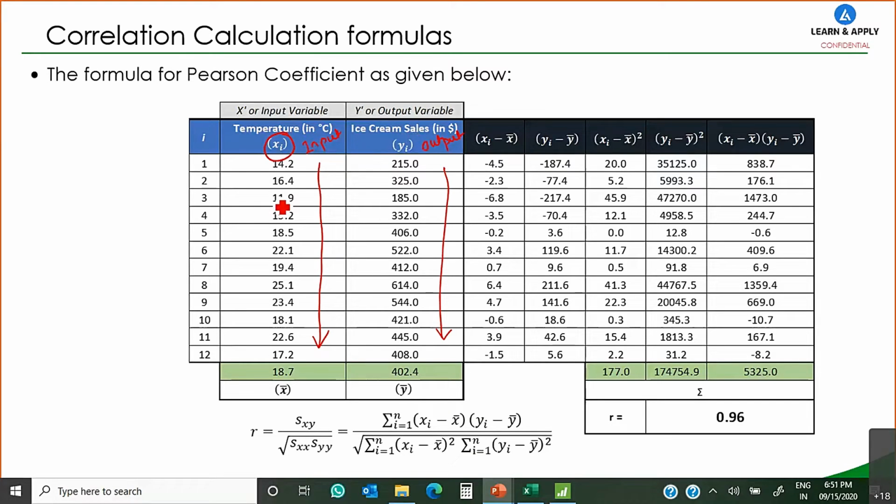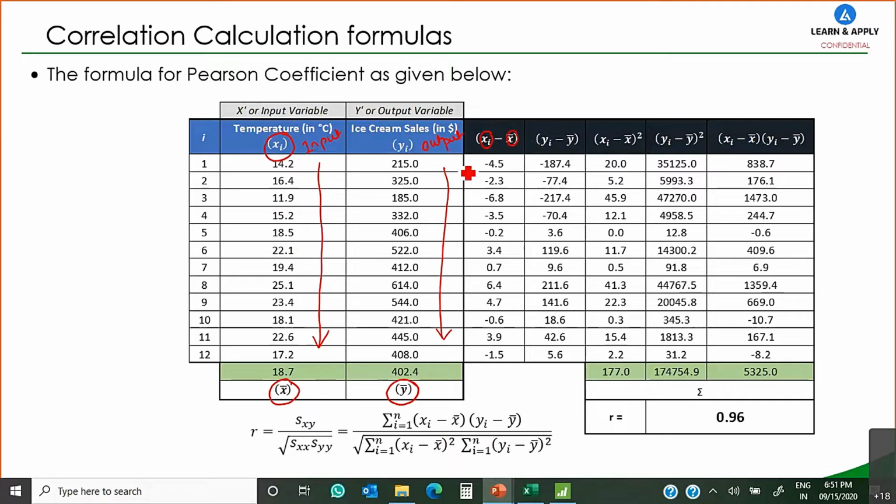So that is y. Now, if you calculate the average of all these values, this is called x bar. And if you calculate the average of all these values, this is called y bar. In the formula, what is the numerator term asking about? Xi minus x bar. So we have to calculate xi minus x bar. Xi indicates every individual value of x, and x bar indicates the average of the total x values.